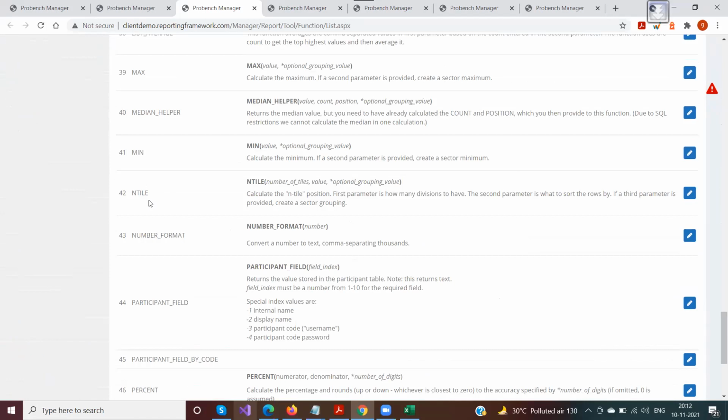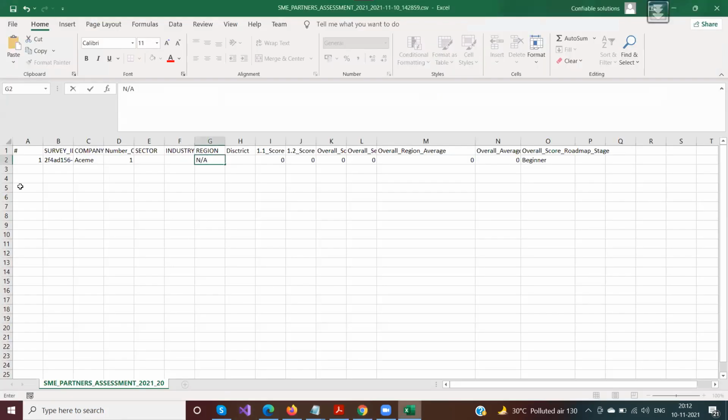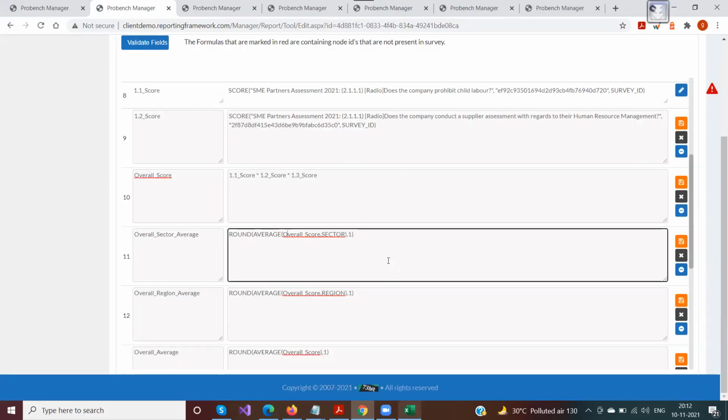So there are lots of aggregate functions also available in ProBench. The aggregate functions basically average or take an aggregate of a particular score for all the companies. Everything in ProBench is done company-wise. As I said in the CSV, if there are multiple companies, the averages of all the companies would be taken into consideration, and that's how the average would be taken care of.